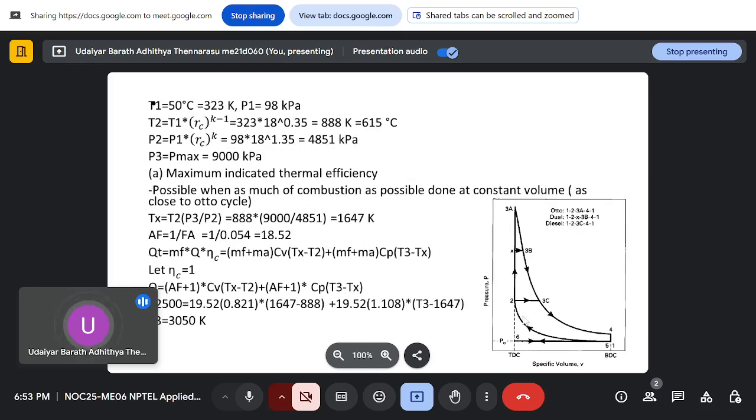If you see how the cycle looks, 1, 2, 3 and 4, this will give you the maximum for the same compression ratio. This is what is possible: 1, 2, 3A, 4, which is given by the Otto cycle, but